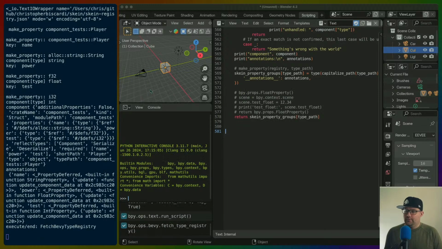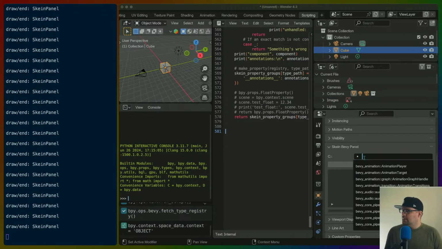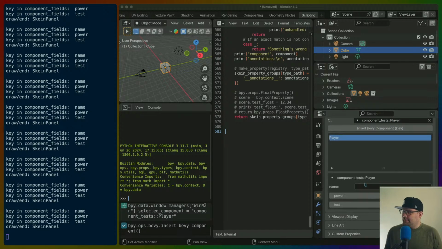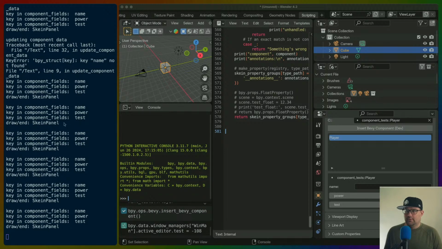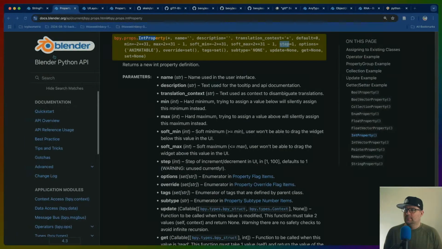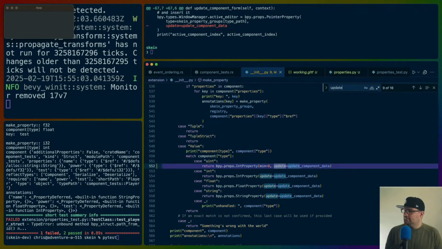If we do it from scratch, insert a player, insert, then this: key name not found in update component data. Did I mess something up? Oh no, I didn't mess something up, but